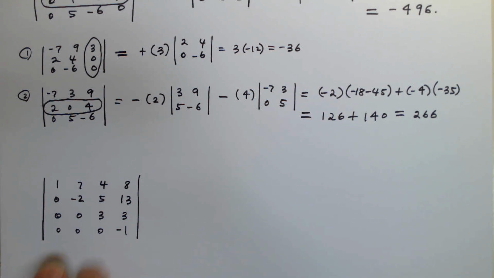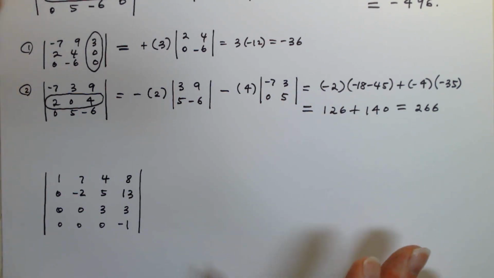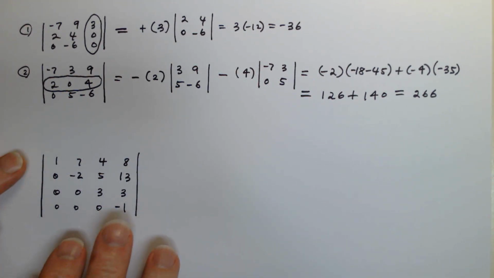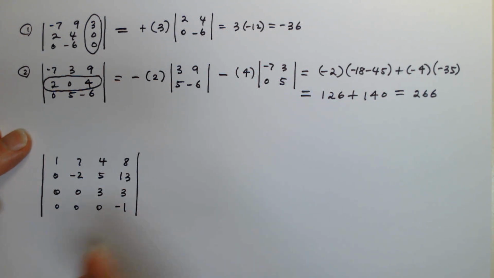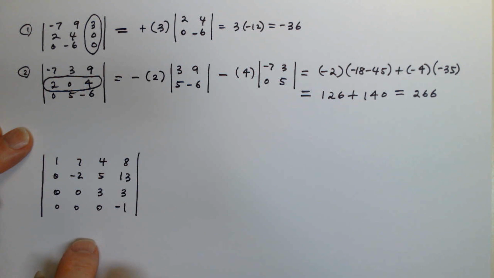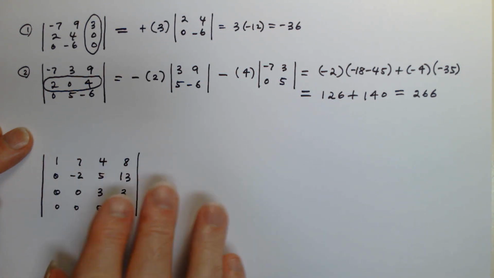Now this one has a very special form. This is what we would call an upper triangular matrix. All of the entries below this main diagonal are 0, and so this is considered upper triangular. And we'll see that the fact that this matrix is upper triangular gives us a fairly nice cofactor expansion. We'll see that if we expand, for instance, along this first column,